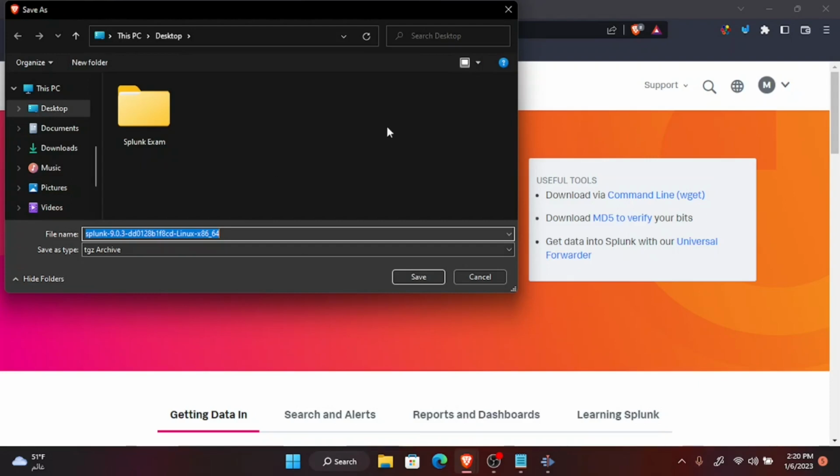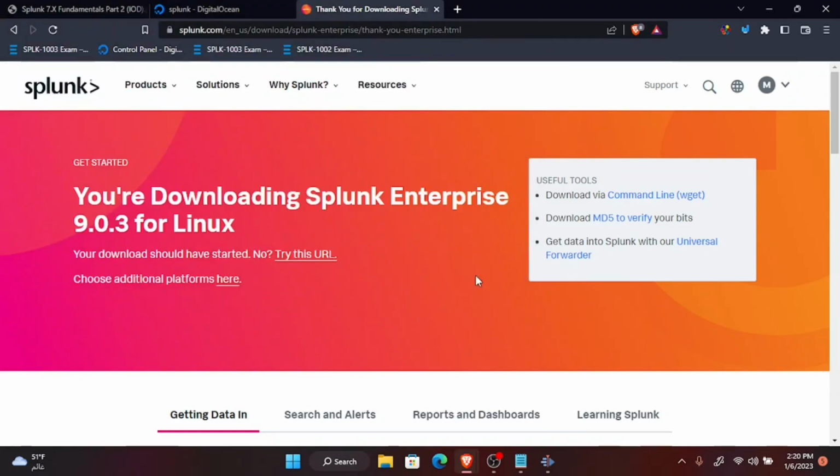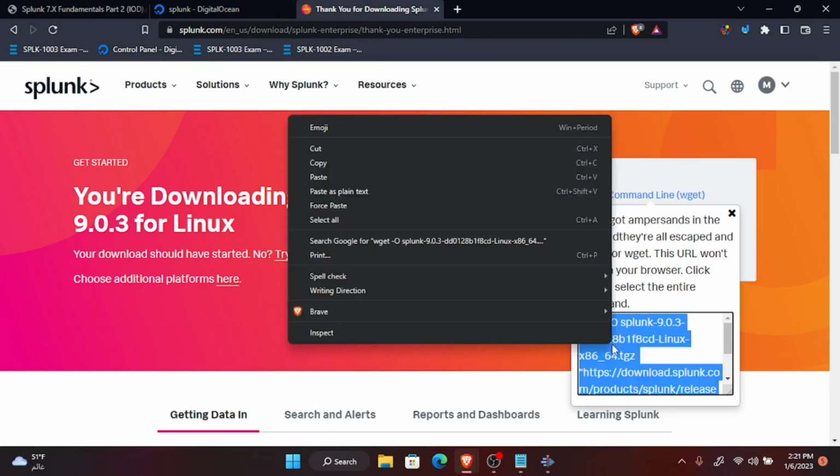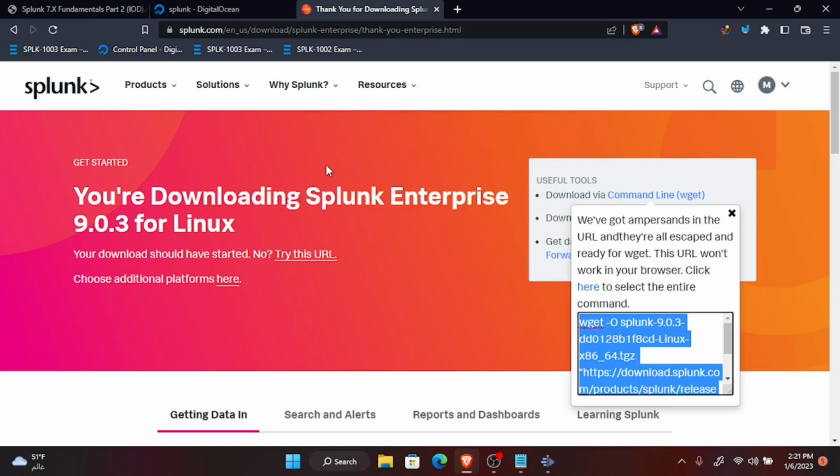See, I'm not downloading it on my local machine because I have set up my Linux machine on the cloud, so I will cancel it, and rather I will download via the command line with the command wget. When you click here, it gives you the wget link. We will select all, pressing Ctrl A, right click and copy. Then we minimize this,